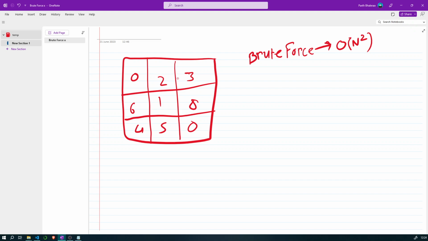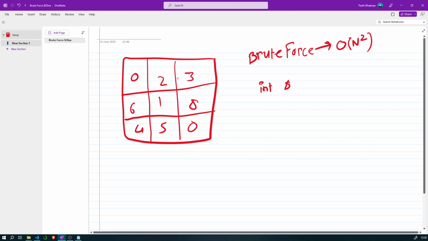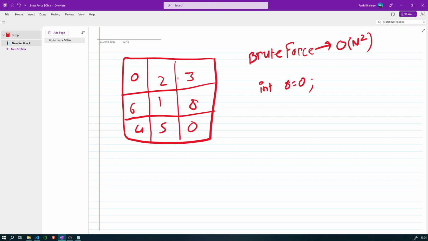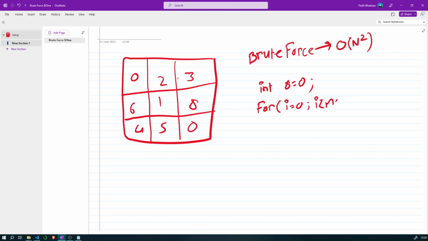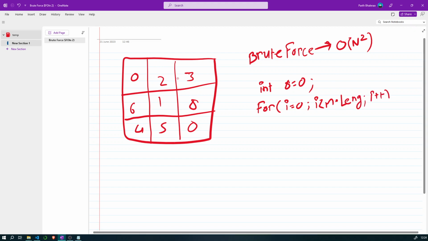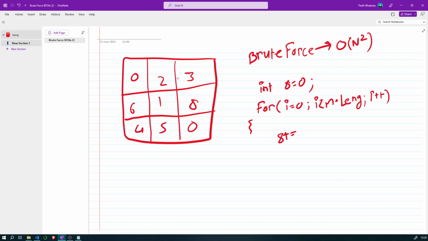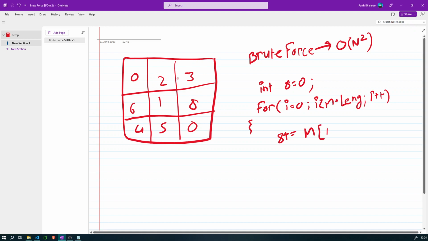Let me tell you: what if we initialize int s is equal to 0, and instead of traversing the whole matrix using a nested loop, I just traverse it using a single for loop, for int i is equal to 0, i less than mat.length, i plus plus, and inside this for loop I directly write s plus equal to mat[i][i].